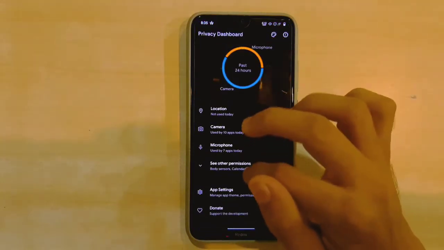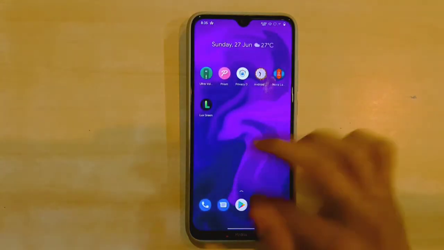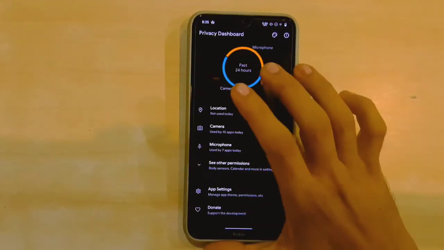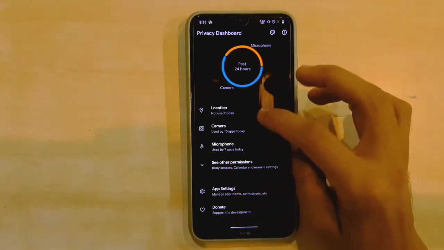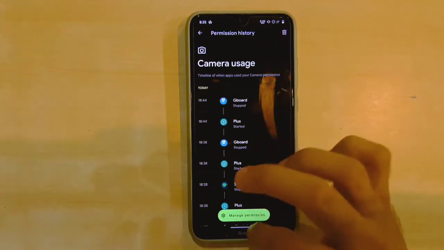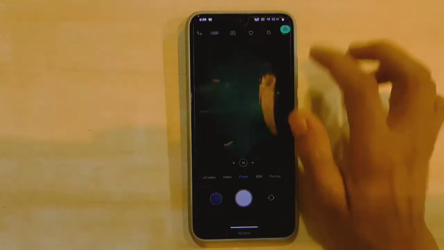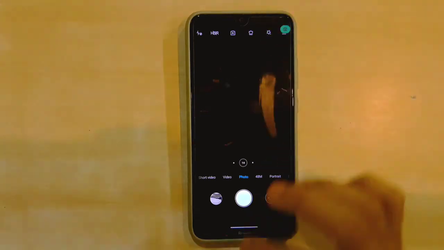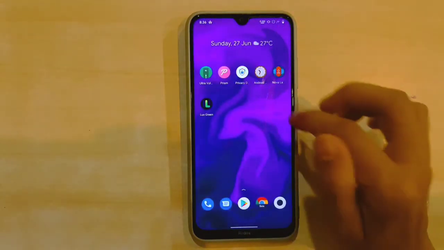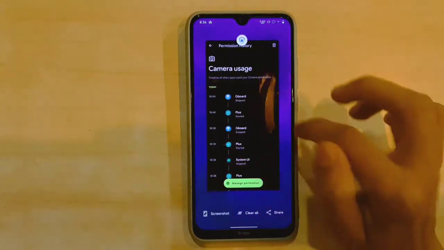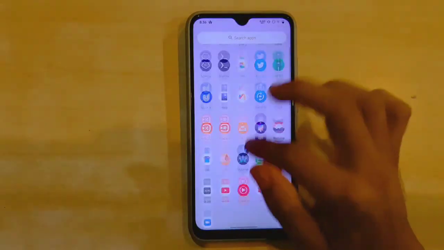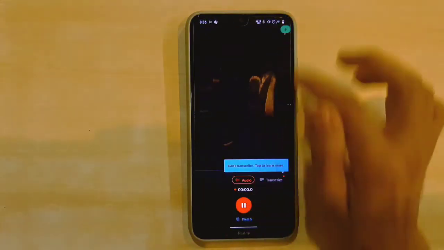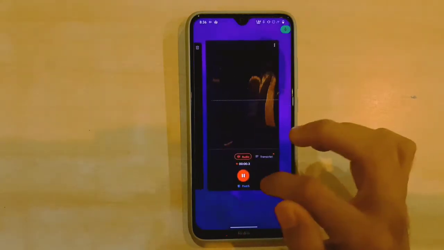So this app basically allows you to use that feature in any Android version which you are using. Just open it, allow it some settings and you're good to go. Like I have enabled camera settings right now. So if I open my camera, it will pop up this small camera option on the right side. Suppose I am using GPS, it will show a GPS toggle there. Now if I start to record, or any app is using the mic for recording, it will show my mic option on the right side of this.